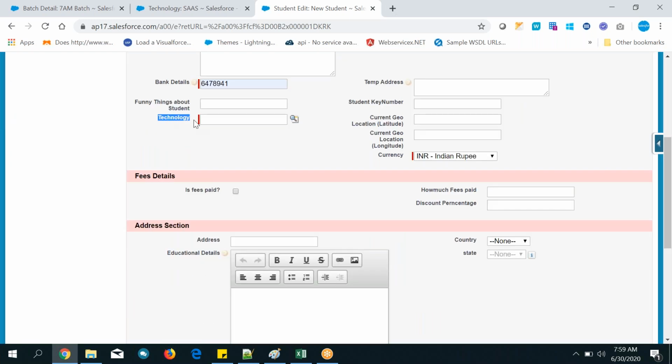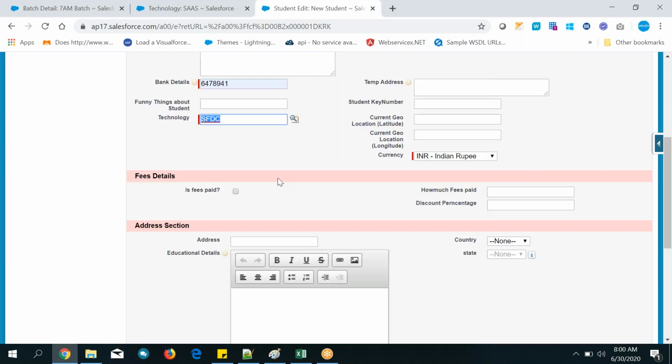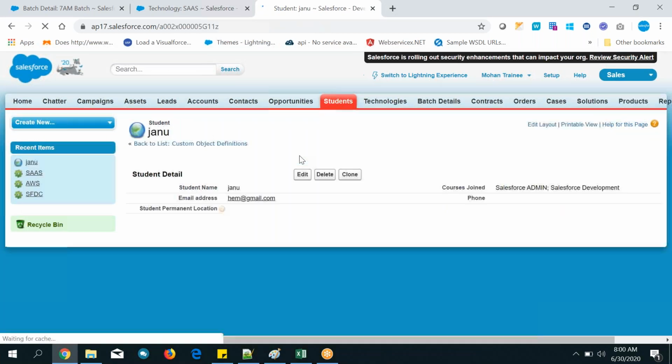Now technology. See, this is the field which I created, and select this field. SFDC. Janu joined for SFDC, and now save it.